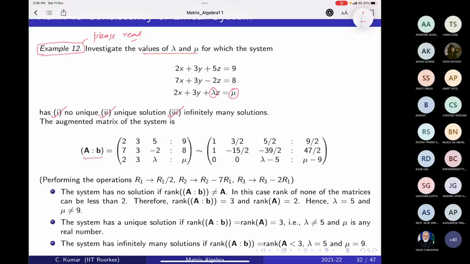You have this augmented matrix, which you can write in this form, and then you use some elementary row operations to reduce this to this matrix, and from there you have to identify the values of lambda and mu in these three cases. For example, for the unique solution,